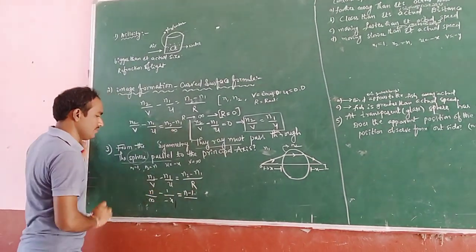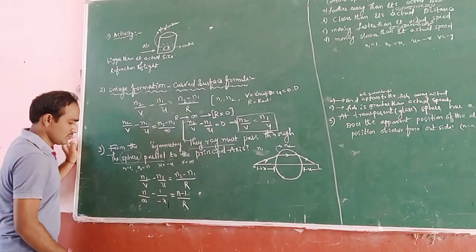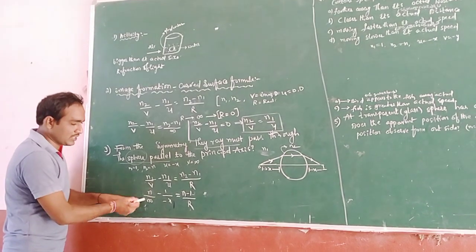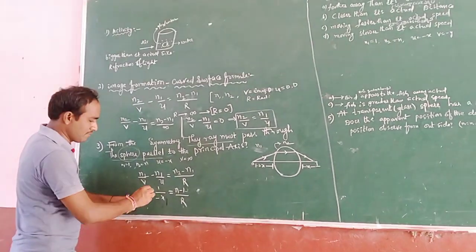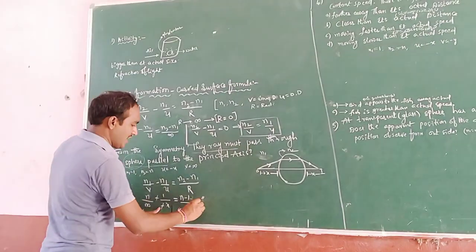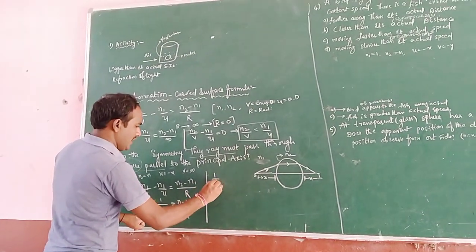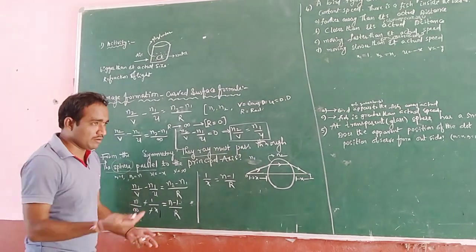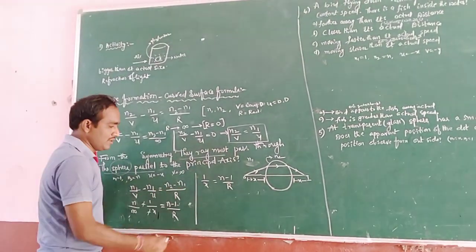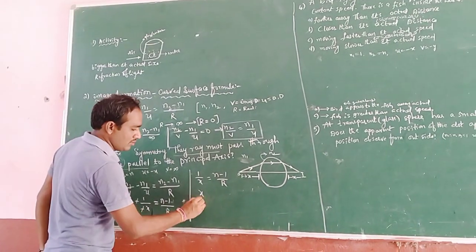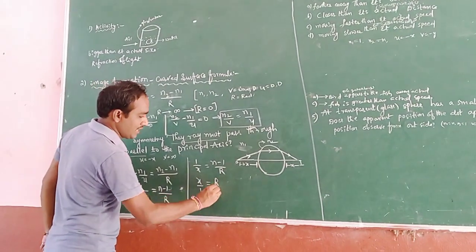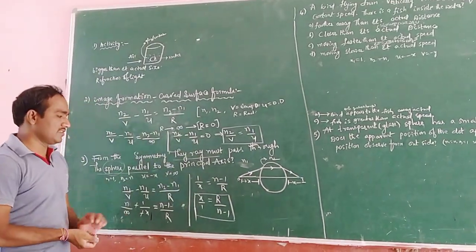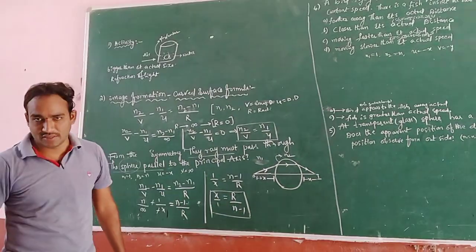R is equal to r as well. So this value n by infinity cannot be determined, that's why it becomes 0. So here minus minus get cancelled. So finally what will we write? 1 by x is equal to n minus 1 by r. The required x value is the reciprocal of the value. Then what will we get? x by 1 is equal to r by n minus 1. So finally we get x is equal to r by n minus 1.